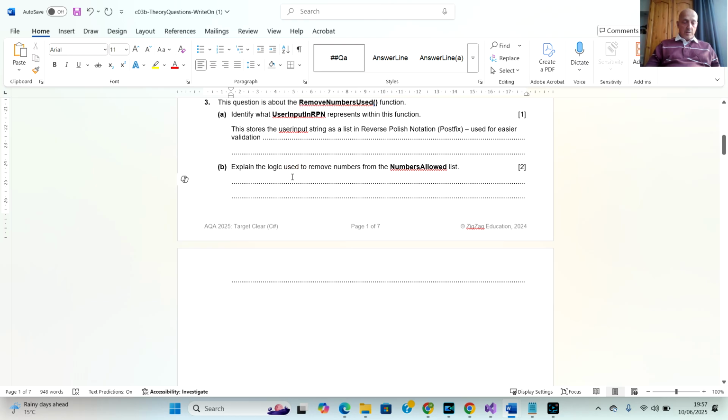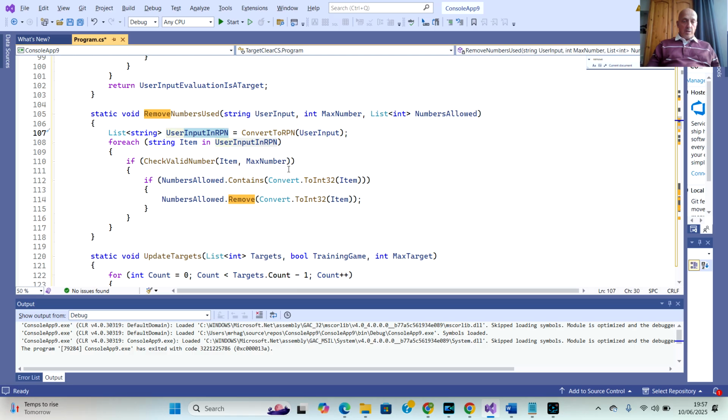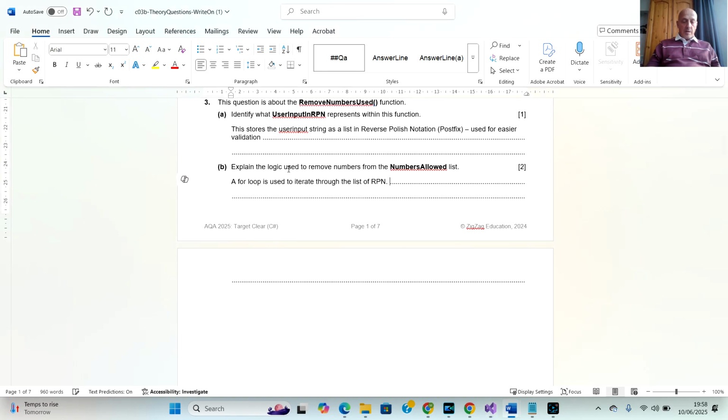So we can say a for loop is used to iterate through the list of reverse Polish notation if valid. If a number in the list matches the